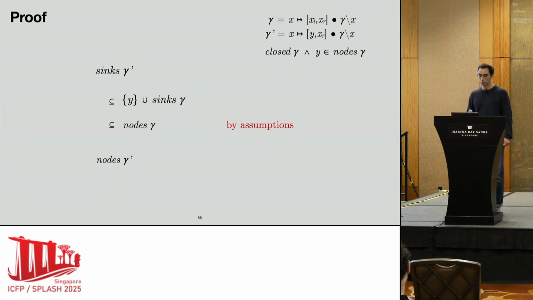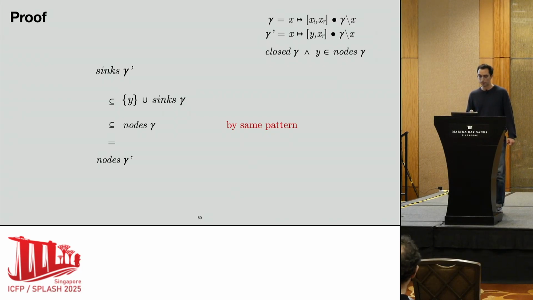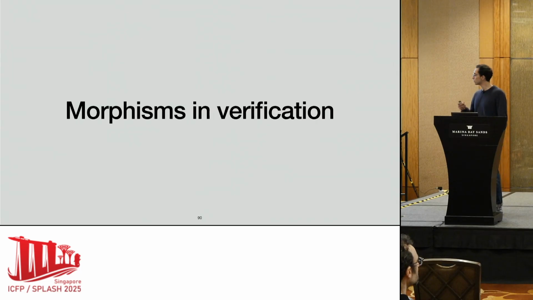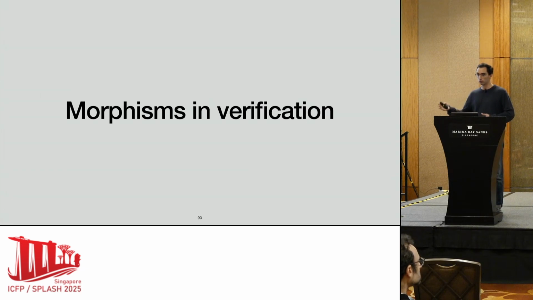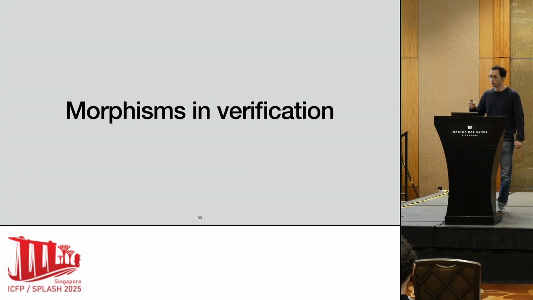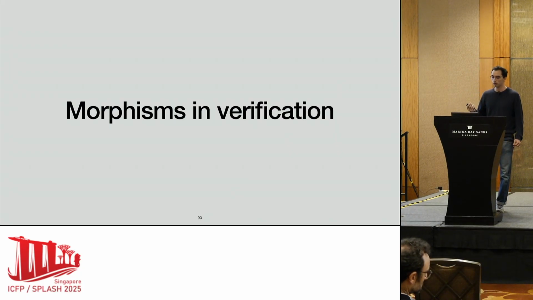Finally, the last step is to prove that the nodes of gamma are contained in the nodes of gamma prime, which follows more or less the same pattern, so we will not get into the details. So as you see, we have been able to factor out the part of the graph that has not been altered and reason locally about this single node graph. So in verification in general, what we want to do is define the key properties of the